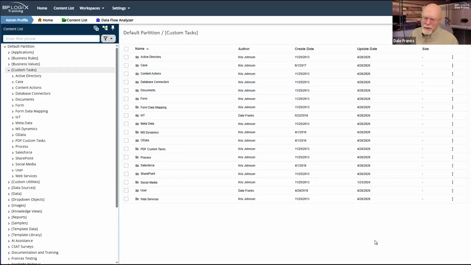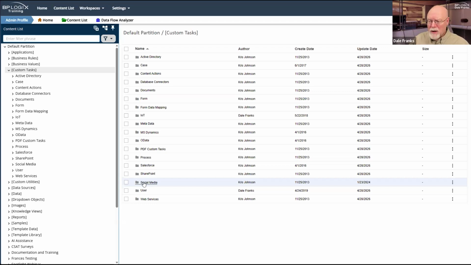You will see some custom tasks on this system that are no longer valid. We used to have some social media custom tasks where you could post to Facebook or post to Twitter. They've completely redone their APIs, and we did have a customer or two that used them rather extensively, but both Facebook and, well, now X, I guess, changed their APIs, and that customer stopped using those custom tasks in any event.